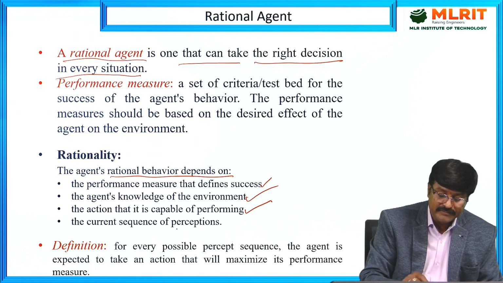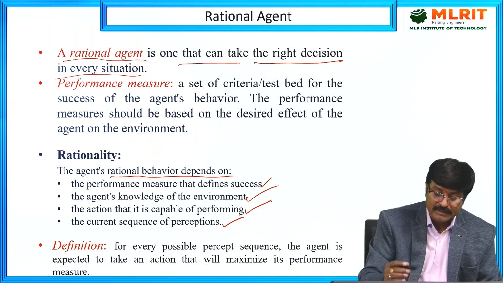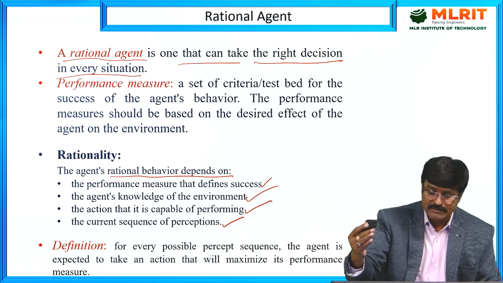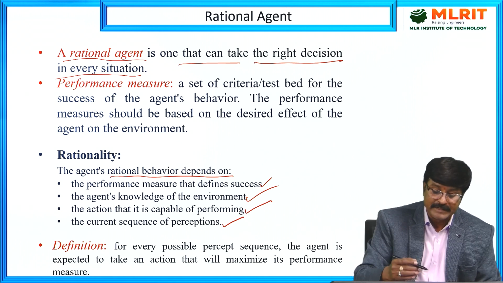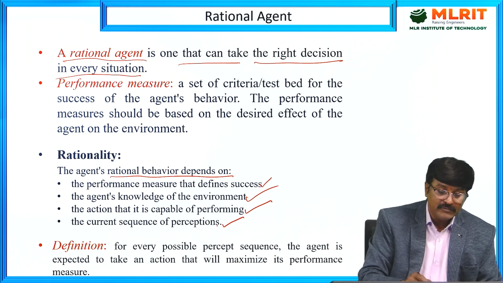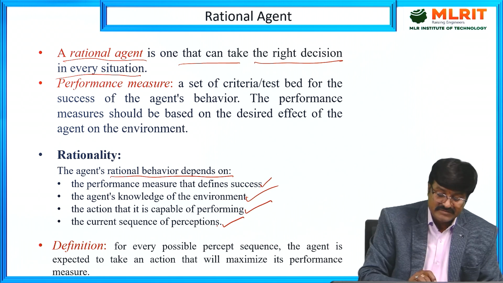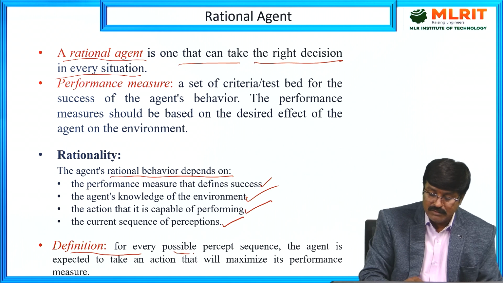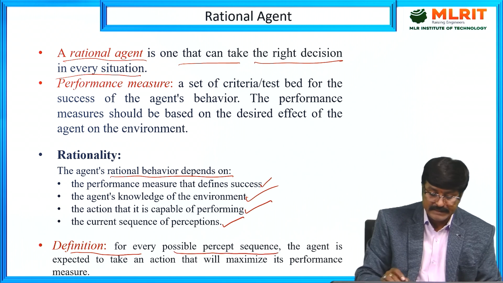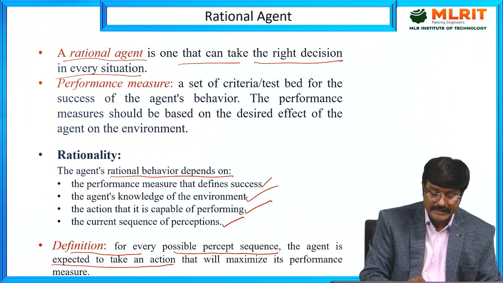The current sequence of perceptions. You are continuously getting the perceptions. What is the present situation? Present perception. Based on that, the action it has to take. So the definition of this rational agent is, for every possible percept sequence, the agent is expected to take an